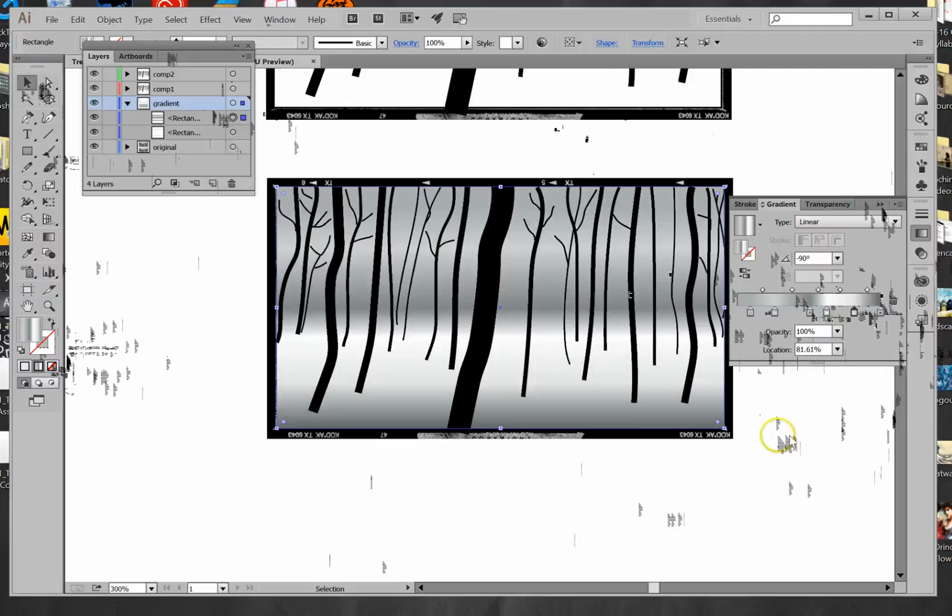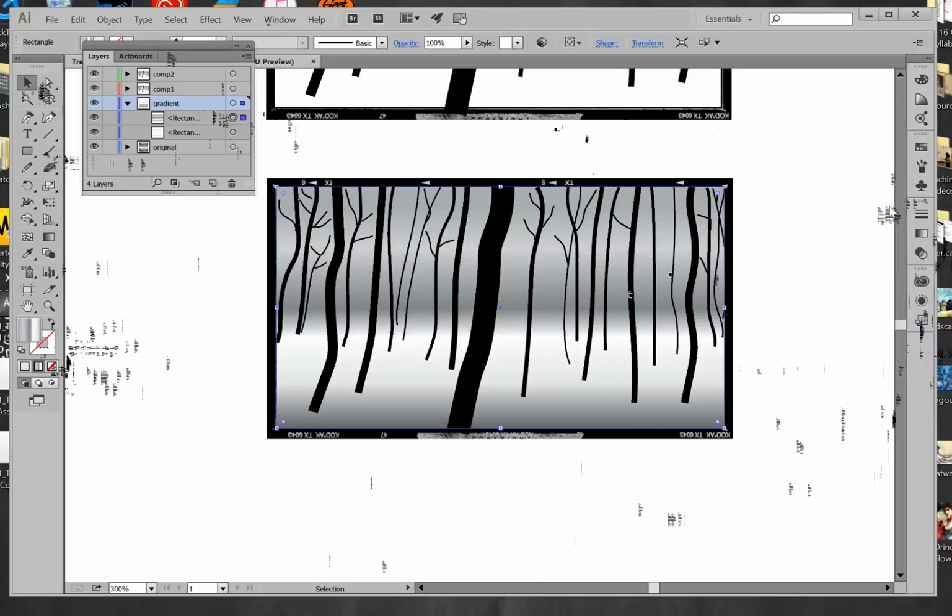And so, okay, I'm going to leave this alone, and I'm going to get to the third and final one. And for that one, I decided to handle it a different way because we're going to be doing something different with this one. And so let me just put that layers palette, that gradient palette back. And I want you to take your black arrow tool, and I would like you to select the entire Comp2 selection,